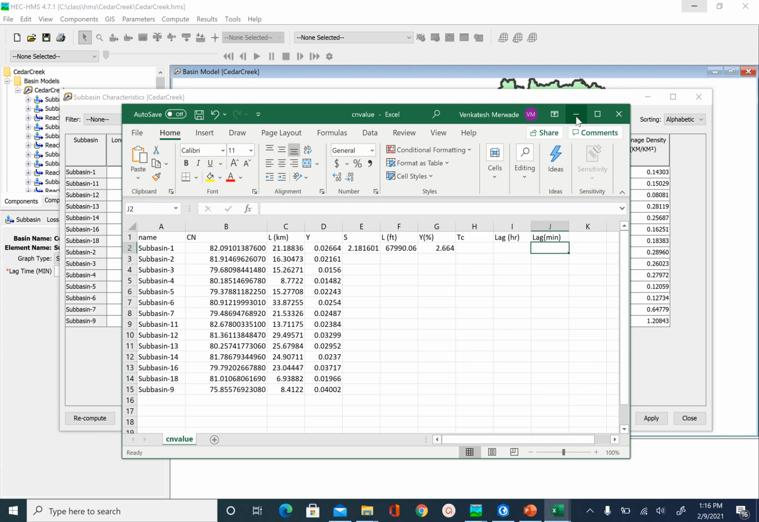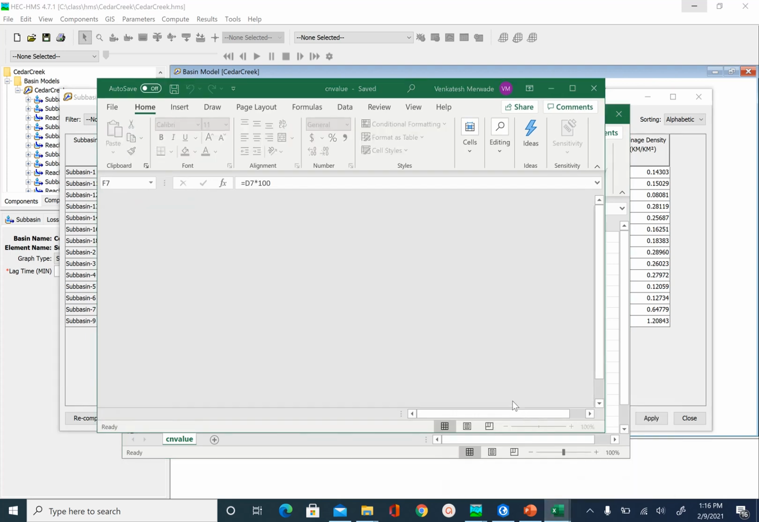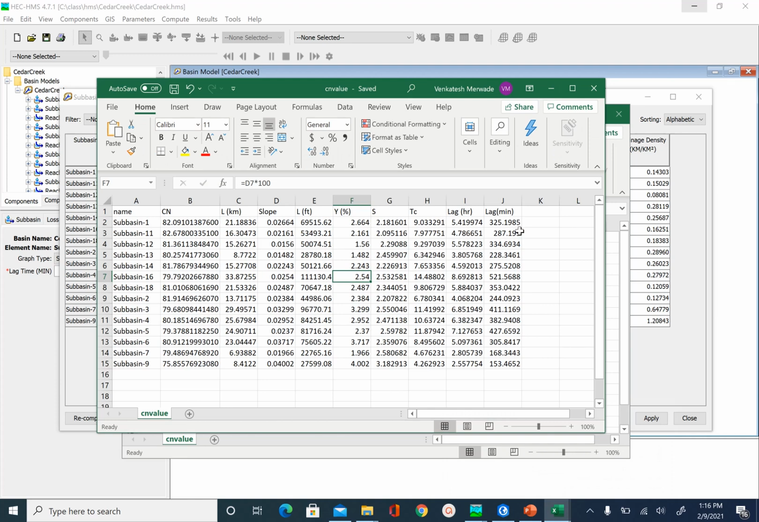So I have done these calculations, and this is how my final output looks. This is the information that we need: lag time in minutes for each sub-basin. All my sub-basins are alphabetically sorted. So what I'm going to do is simply copy this